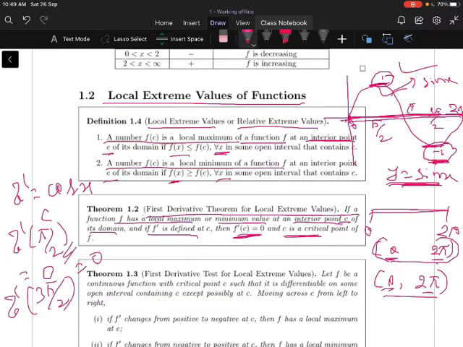You can observe that. It means the function has a local maximum value at c. Obviously, f dash of c must be 0. Then c is called a critical point. The function f has a local minimum at c. Obviously, f dash of c must be 0 and c is called a critical point of the function f. For example, you can observe that in sin x.